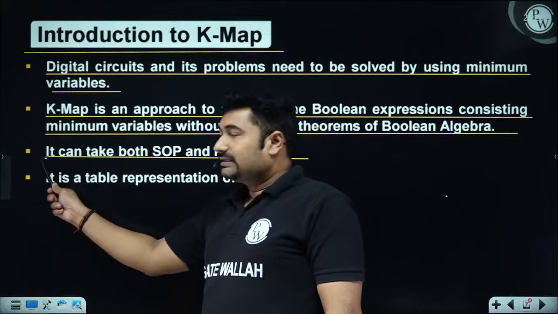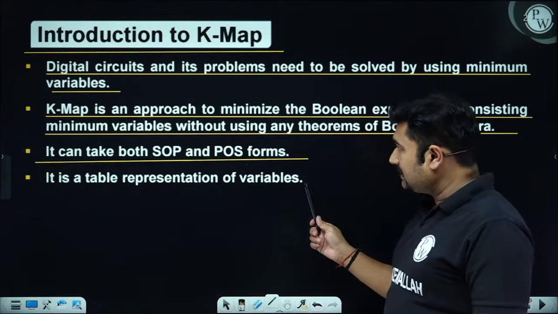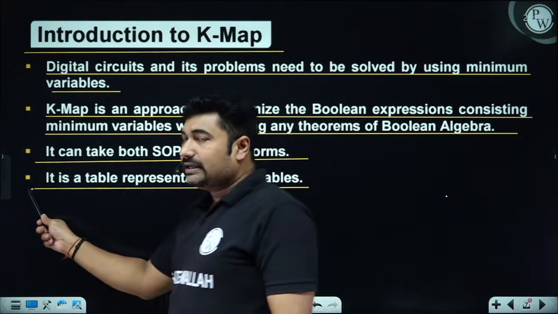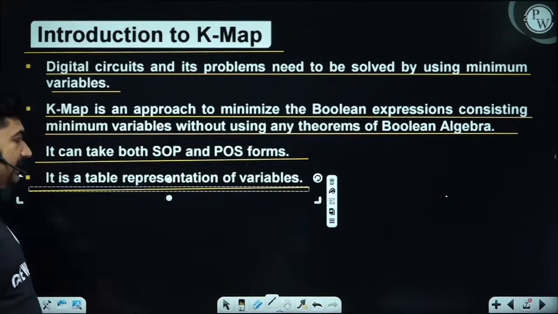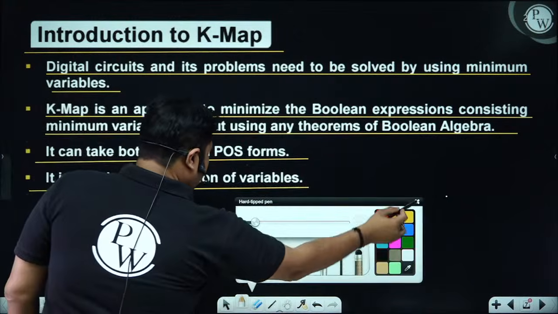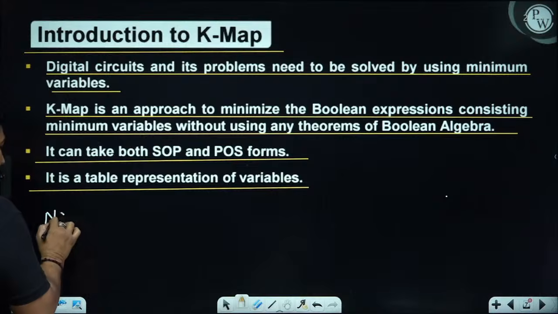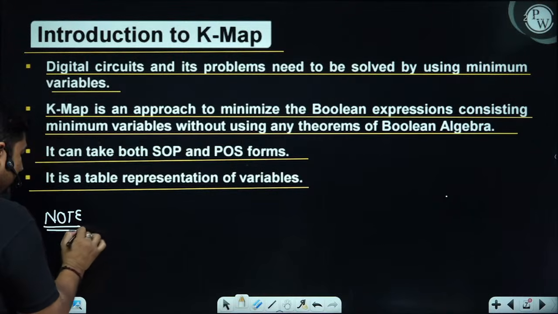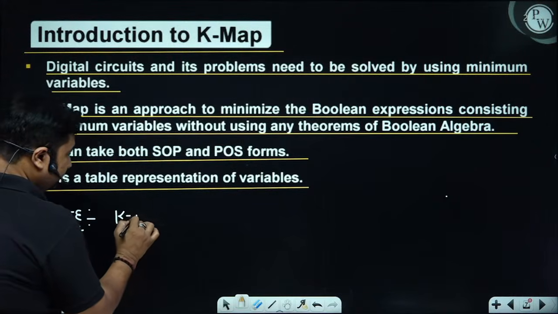Okay, it can take both SOP and POS. It is a table representation of variables. Now, a very important point that you have to remember for a K-map is: